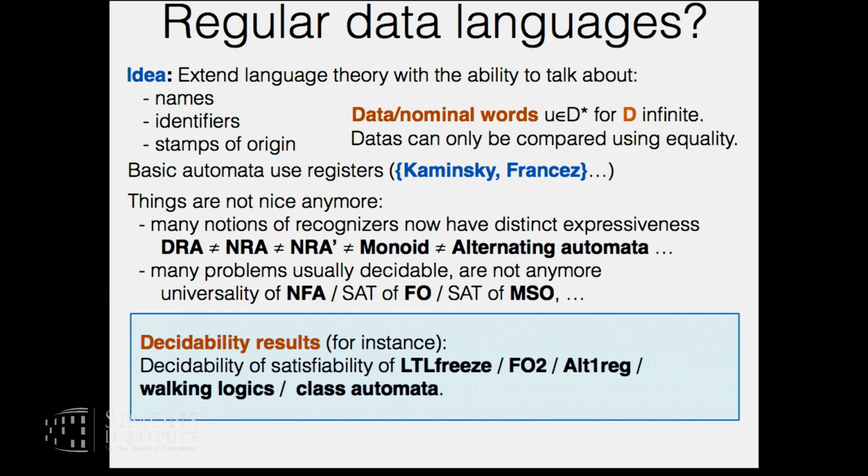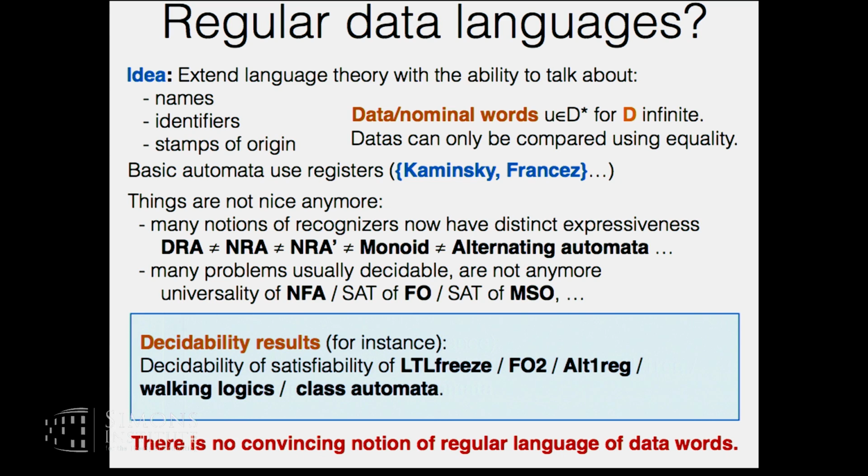Oh yeah, I missed that there are nevertheless some things that are decidable. But for logics like first-order, we know that it's decidable only when it has two variables. And in any case, what we can conclude is that all these decidable cases cannot be understood as a notion of regular languages. Because of course, FO2, if you look when there is no data, does not look like a regular language. It's extremely weak. So can we do better than that?